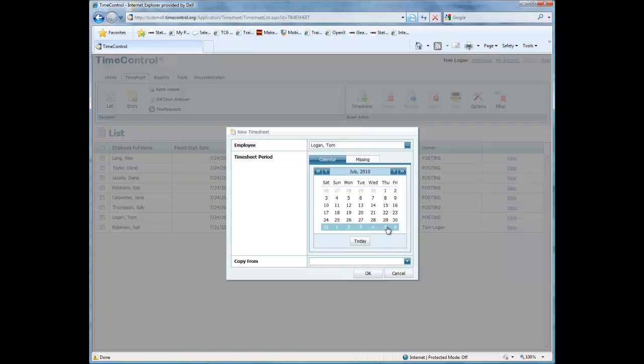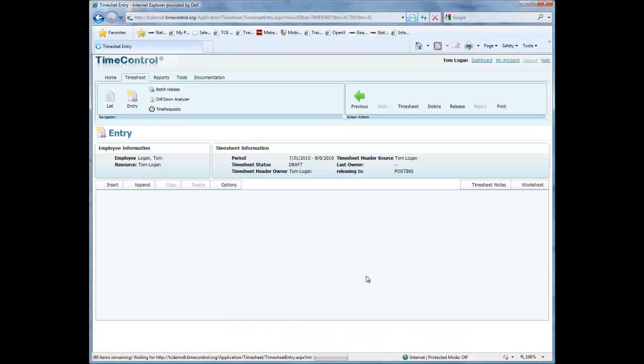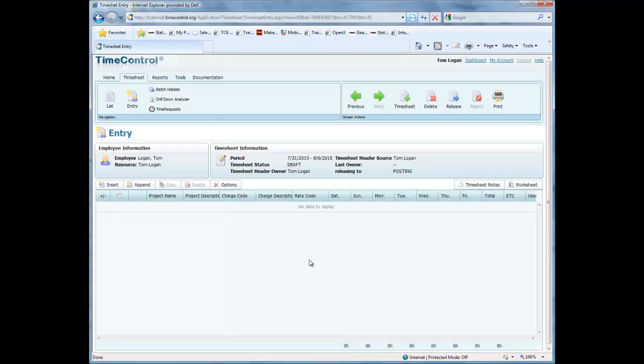TimeControl gives us the next probable date for adding a timesheet. We could also copy from a previous timesheet that was posted. We could look at missing timesheets if there were any missing for Tom. But in this case, we'll just start with a blank timesheet and take it from there. So TimeControl takes a look and sees if there's any preloaded information, in this case not, and presents us with